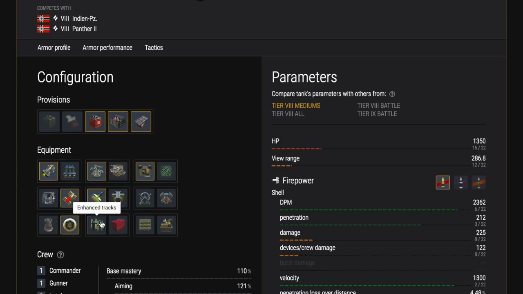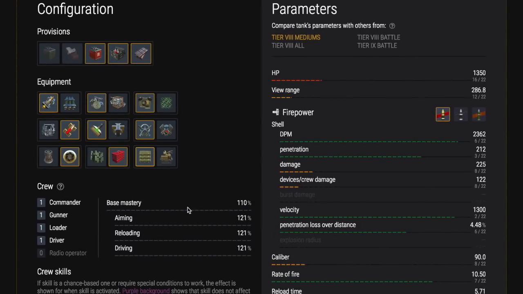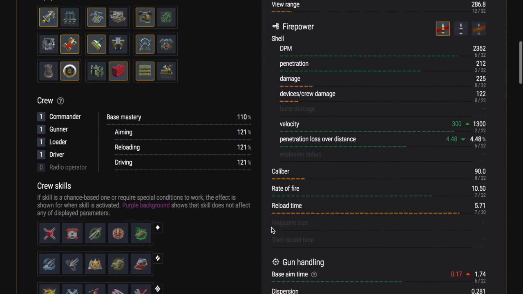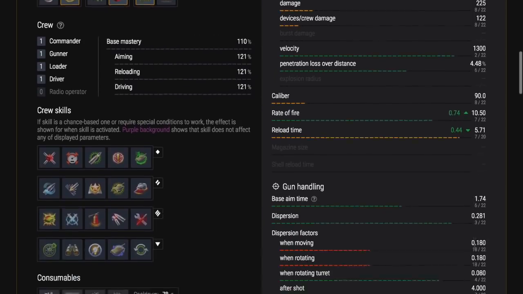Now, before we look at the equipment here, let me load it out as I would load out a medium tank, although with a slight difference to how I normally do it. I'm going to run the supercharger on this. The reason being that the aiming time in this tank is pretty good anyway. And when you run the supercharger, you get a muzzle velocity of 1,300 meters per second, which is awesome. And it means you don't need to run calibrated shells, which means you can get the faster reload, 5.71 seconds,